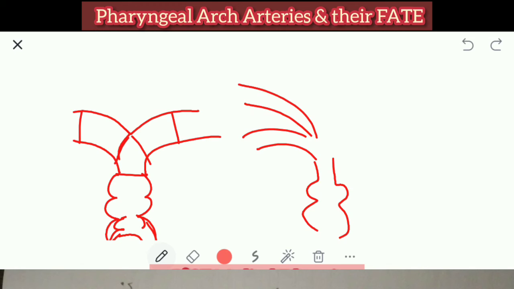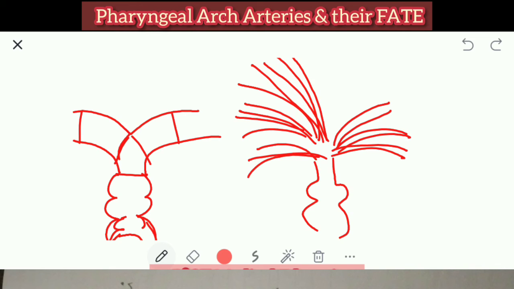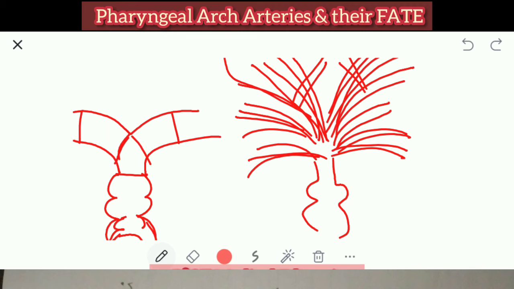See this. I will now just very shortly draw this. Okay, just try to understand. So these arch arteries, as I was telling you, this segment, now these are getting into arch arteries. 1, 2, 3, 4, 5, 6. Like this, they will form the pharyngeal arch arteries on both the sides. And then from this third one, what develops? External carotid artery. Then this goes as internal carotid artery. I'll use yellow color. So from the third one here, external carotid develops. Here, this is the common carotid, and this comes the internal carotid.